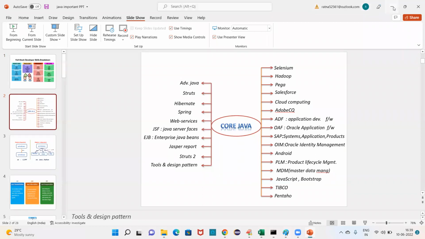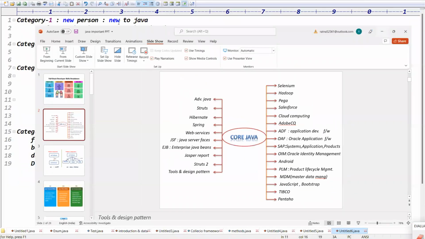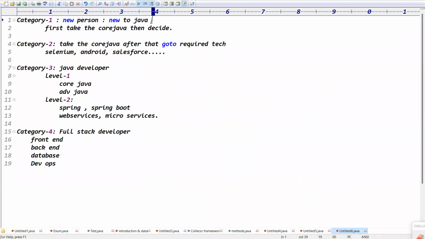Definitely you belong to one of the categories, right? New person, new to Java. Don't know anything about Java. Don't know anything about the industry. First you take the core Java, then decide. Once the formalities are completed,